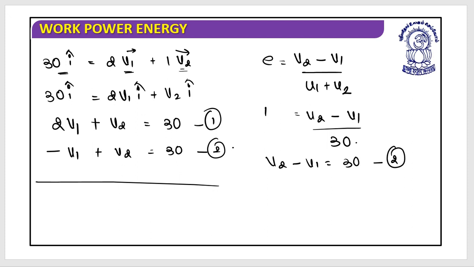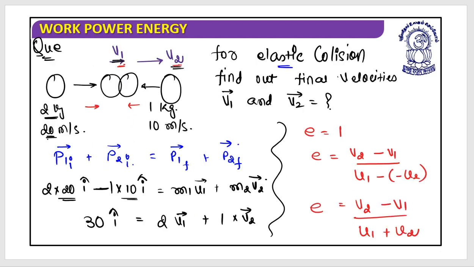So let's just try to solve it. Multiply it with a negative, so that this would be positive, this would be negative, this would be negative. I hope this is clear. So v2 with v2 cancels, and 2v1 plus v1 equals 3v1, which equals 0. So v1 is equal to 0, and when v1 is 0, I understood that v2 would be equal to 30 meters per second. So the situation is this one is going to be at rest, while this one is moving in this direction. I hope this is clear.